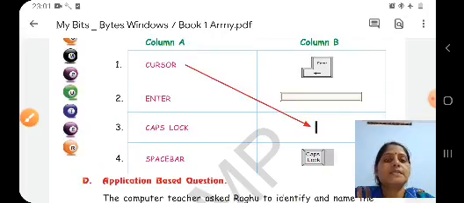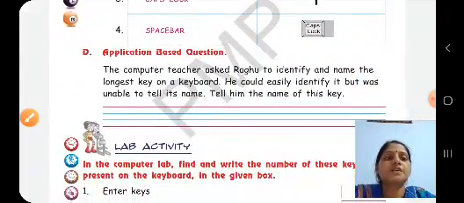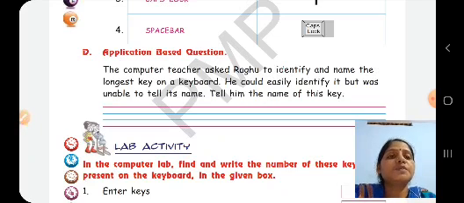Now next one is application based question. So children, the computer teacher asked Raghu to identify and name the longest key on the keyboard. So children, as we know, the longest key on the keyboard is